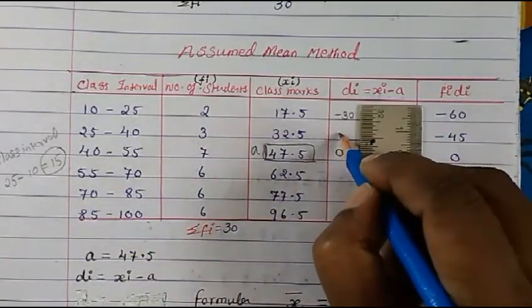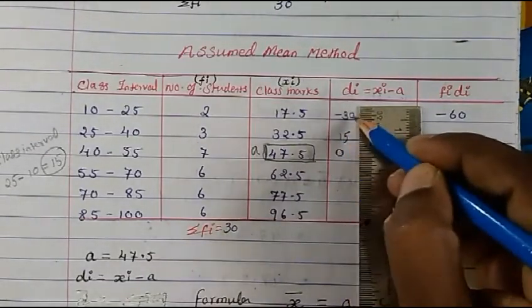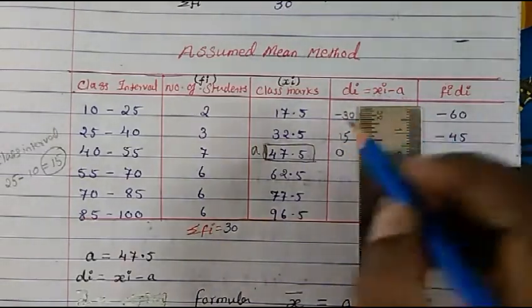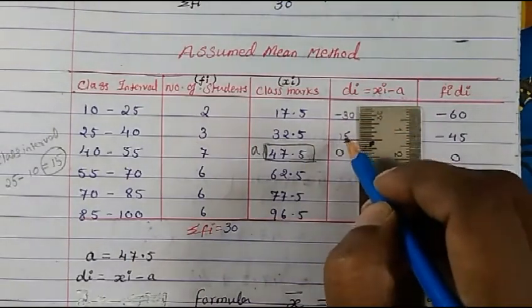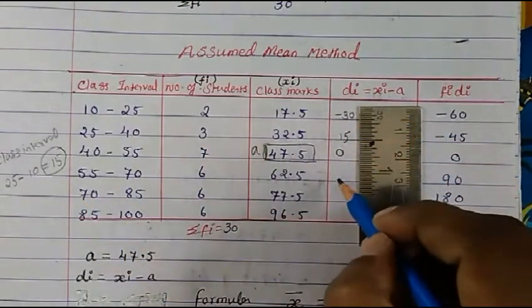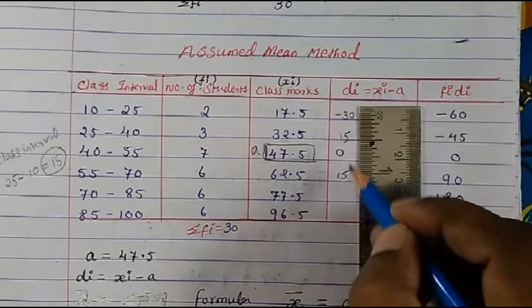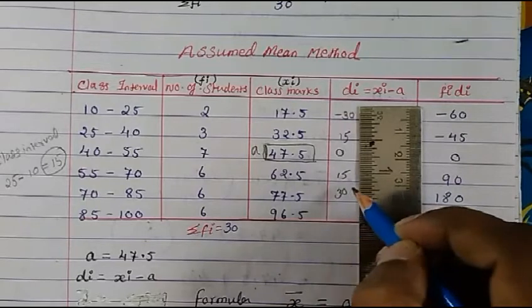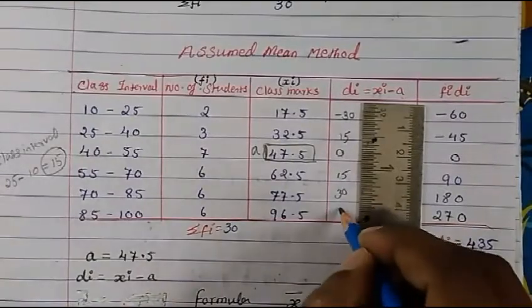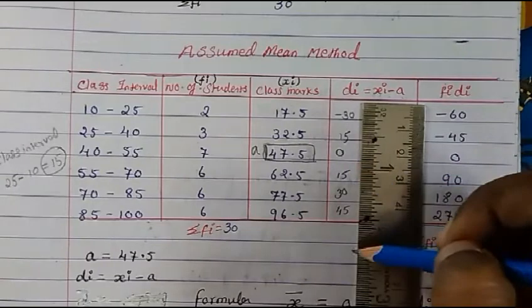So here will come 15. So next will be 30. See, already we have got it here with the calculation. So there is no need of calculating. Write down 0. Next the table of 15, right? 15, and next will be 30. So same way here also you have to write down 15, and next it will be 30. Then next it will be 45. So just write down the table up and then down direction.